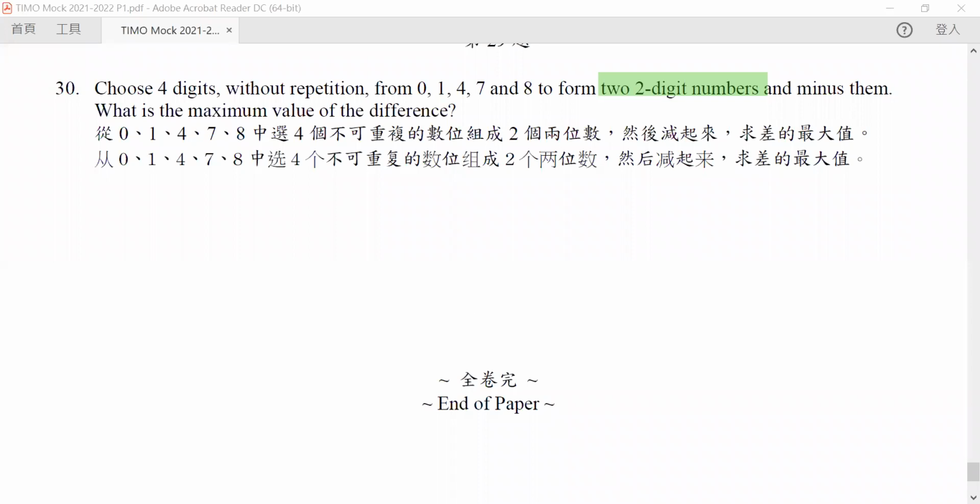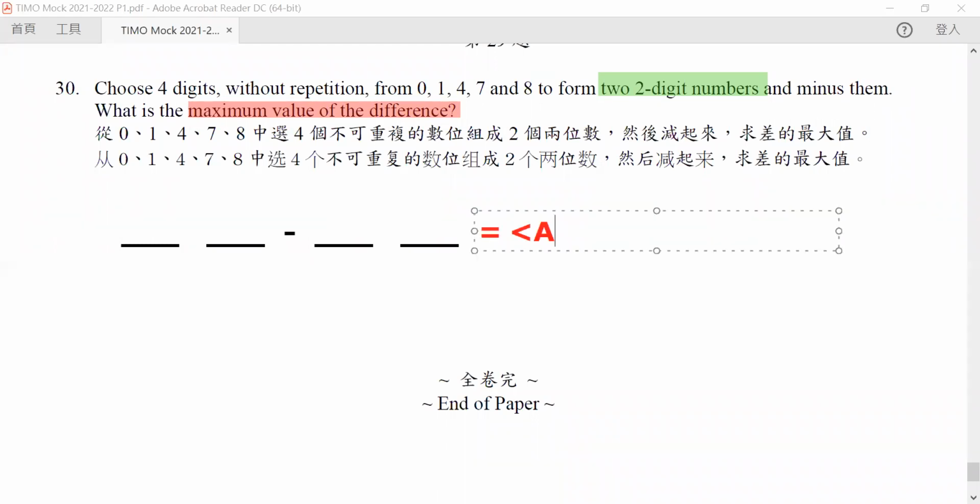Now, because we want the maximum value of difference, let us write it here. We have a number of 2 digits, and then we want to subtract another number of 2 digits, like this. Because we want the maximum difference, how can we make sure of that? It will mean that first of all,